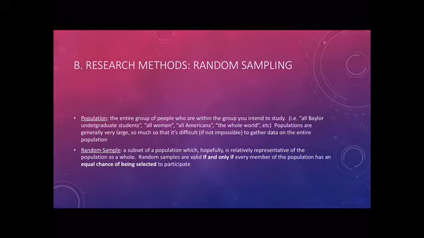Because if the population is all women, then we're talking all women from every country, all women of every culture, of every ethnicity, of every race, of every sexual orientation or gender identity. We're talking all women here. But you've only surveyed women at Baylor University, which is not representative of all of the different types of women that we could have. So instead you would say, well, okay, then my population is all Baylor women. And then my random sample, which is made up entirely of a large number of Baylor women, is more representative of the population as a whole.